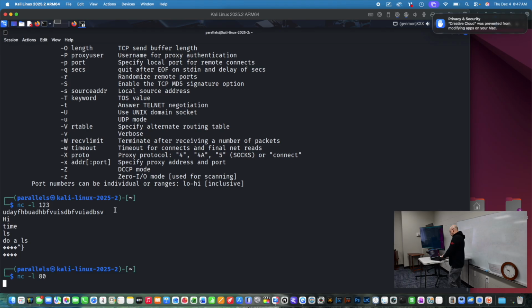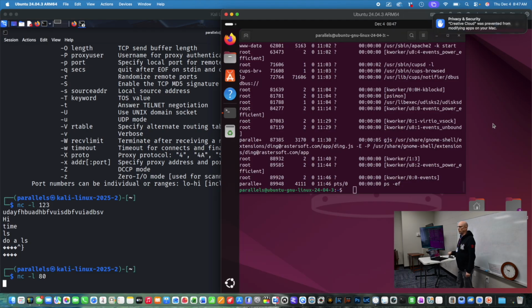So we'll do that. We'll set it up. We'll set the listener up on port 80. So we basically now have a web server running there for all intents and purposes, although it's not going to serve anything. So if we were to come over here and we did Netcat,